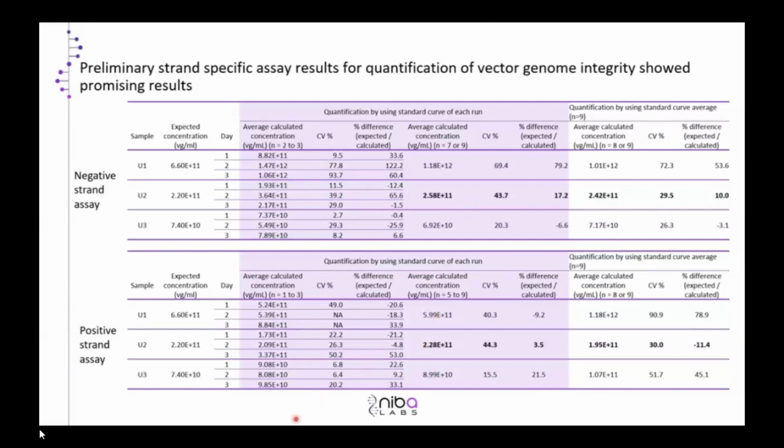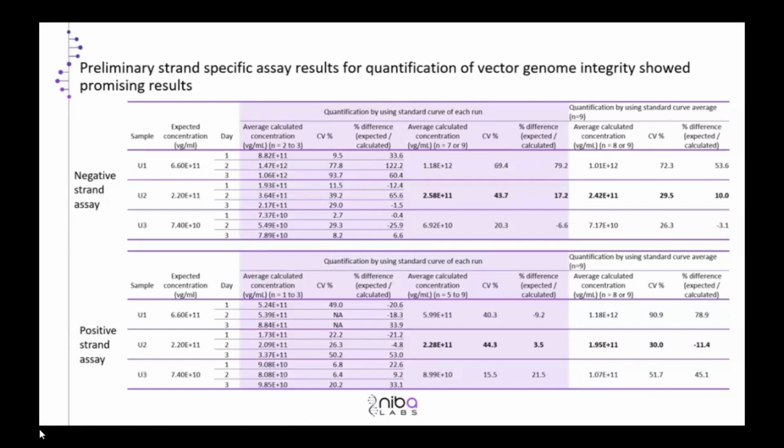So why the variability? I did not mention that before. Since we have a longer DNA strand, there is a chance, of course, that this strand takes some form of, let's say, a shape that is like a small ball, so that the signal is closer to the probe, or it can be a bit more relaxed or stretched, so the signal is a bit farther from the probe. And that is the reason why we might get a bit higher variability at the level of the genome integrity assay.